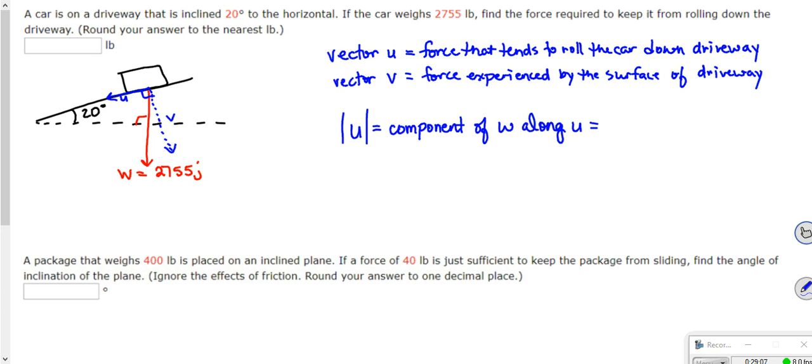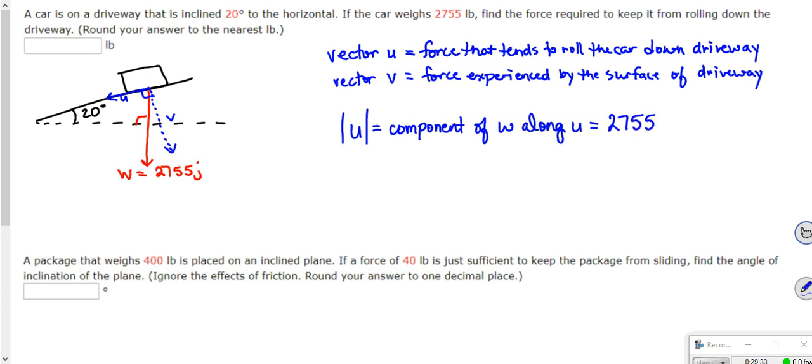It says, if the car weighs 2,755 pounds, find the force required to keep it from rolling down the driveway. That's the magnitude of U, okay? So it's the component of W along U, which equals